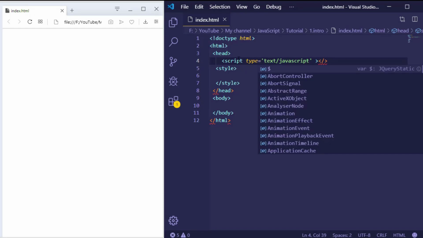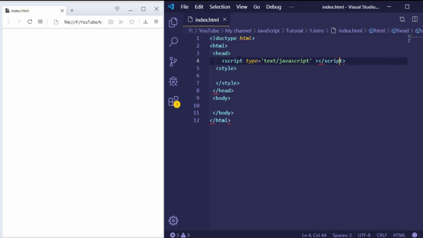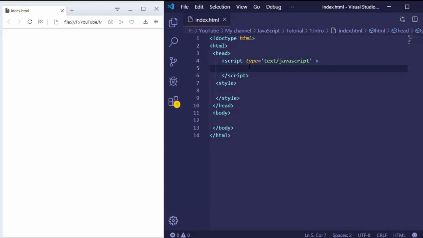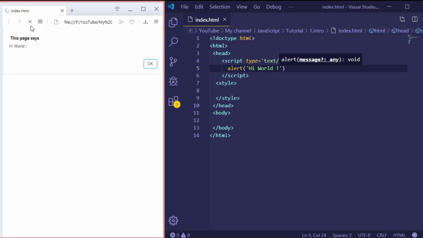Let me close the script and make a simple code which is alert, and let me alert hi world. Let me see. So it will alert hi world.